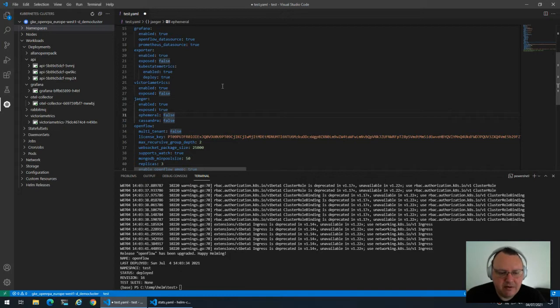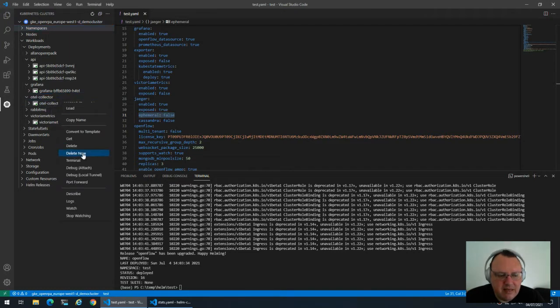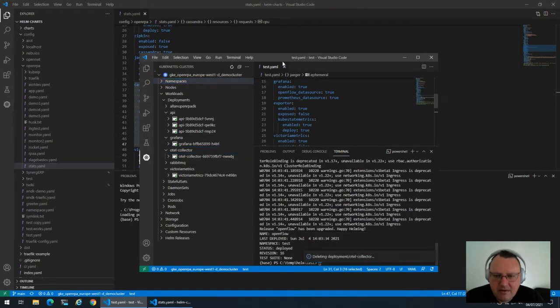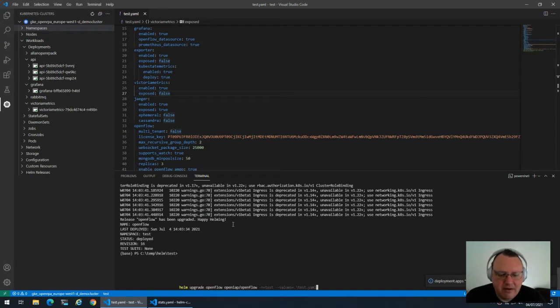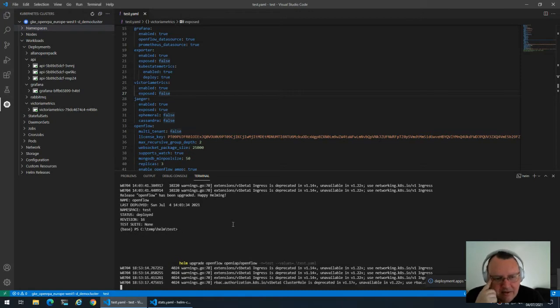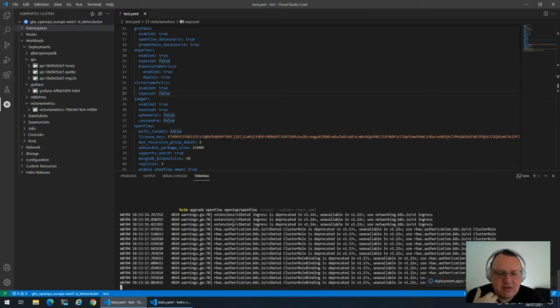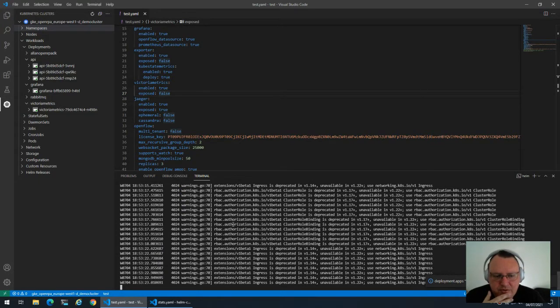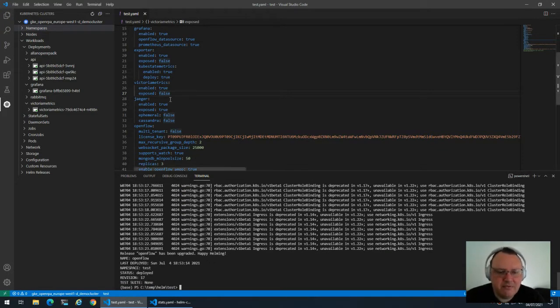If I remember correctly, this has to be false. Yeah, I think this is correct. I need to delete this to force it to update its configuration. But if I redeploy now, this will also deploy Jaeger, and it will update the configuration for OpenTelemetry to also collect spans and send them to Jaeger, because Jaeger was what we added to the configuration file. So once I do that,